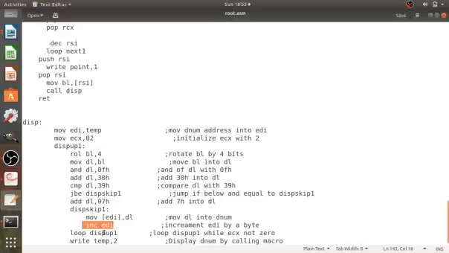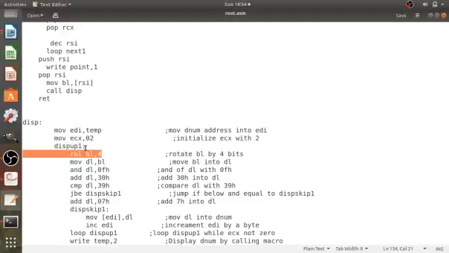So again it jumps back by using loop to the disp UP1, and the next statement is executed, that is again rotate left by 4. So the original result was 13. If it is 13, after the first rotation it becomes 31. We get 1, we store it in the temp buffer. Again we go back, again rotate it, so it becomes 13. Now we AND it with 0F, we get 3. Now add 30, so we get 33. It is less than 39, so store it in the temp.